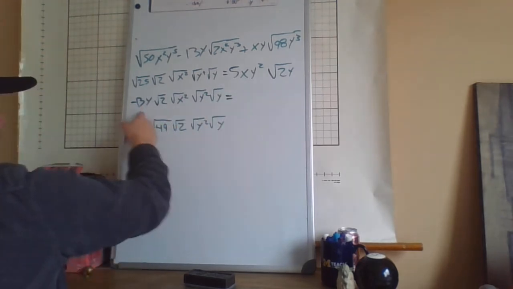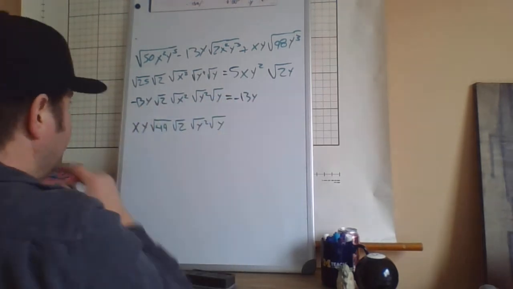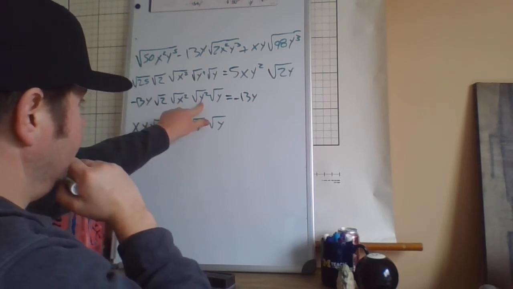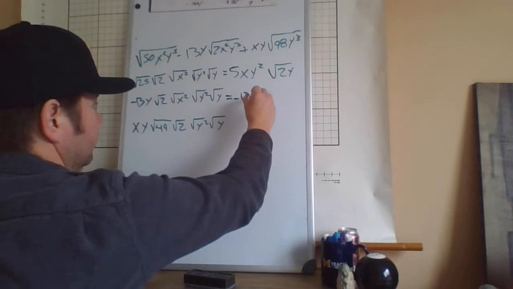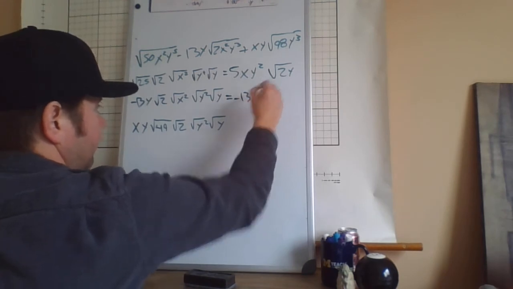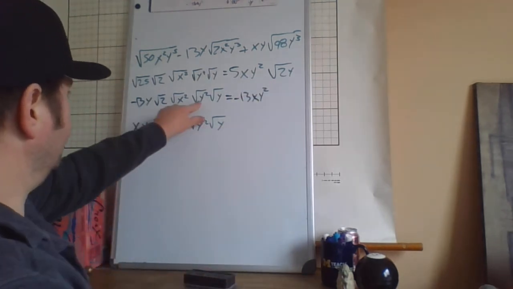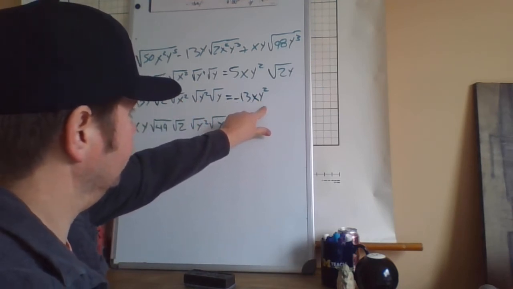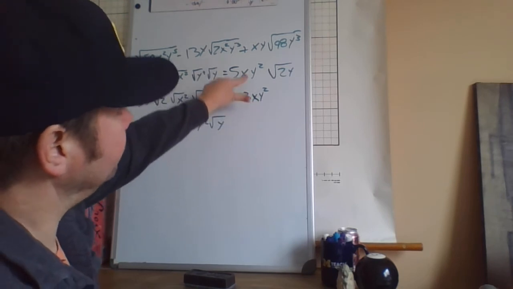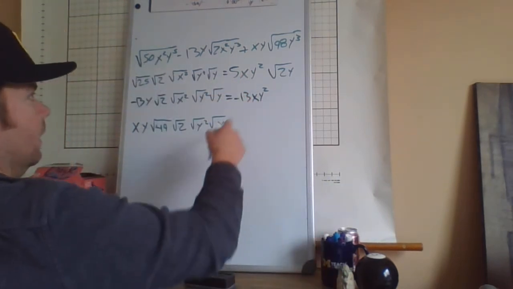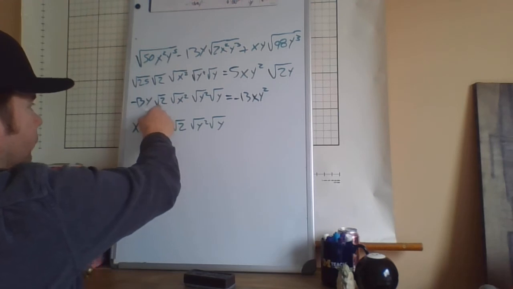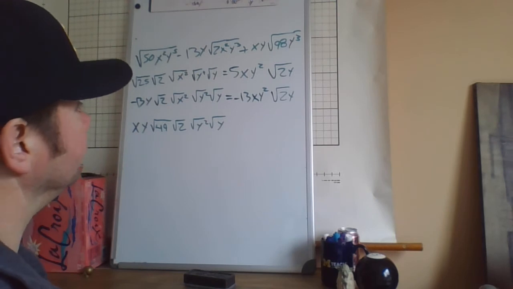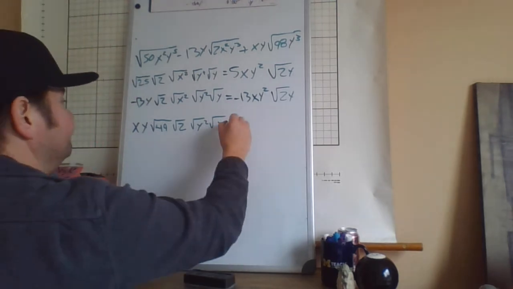Here, negative 13y, x, y. So what I'm going to end up with is negative 13y squared and then an x. So I've got negative 13xy squared, which is cool because these are like terms. I'm going to be able to combine these at the end. What's left over is square root of 2y. Again, also cool because those are like terms, like radicals. Okay,